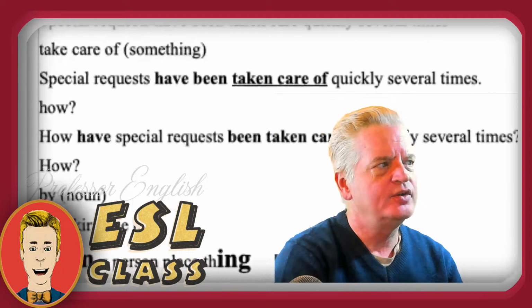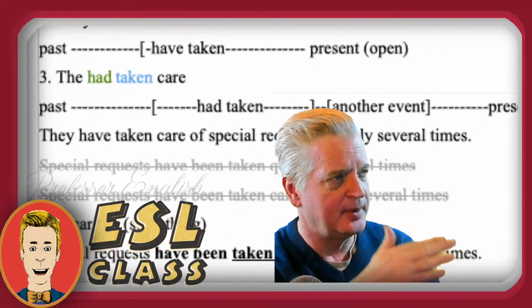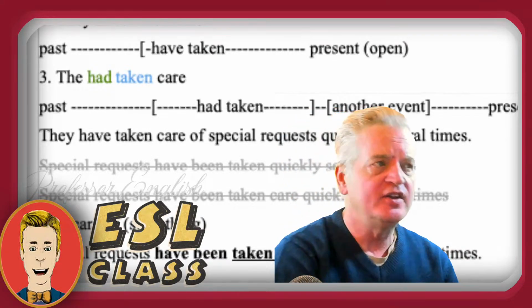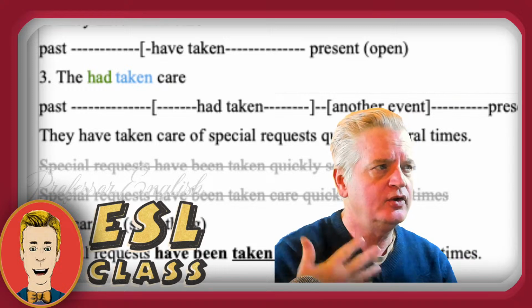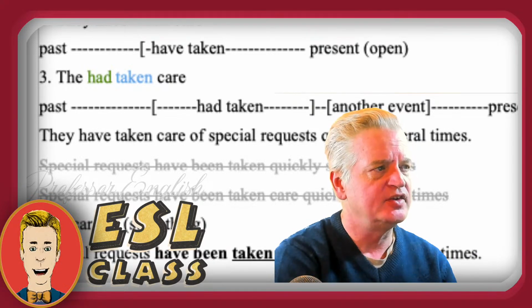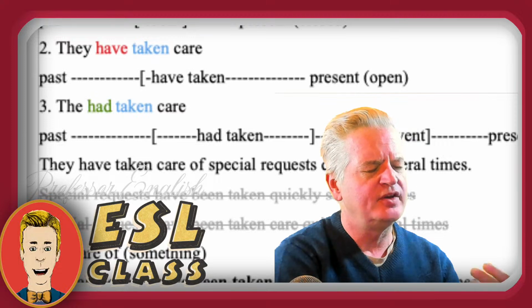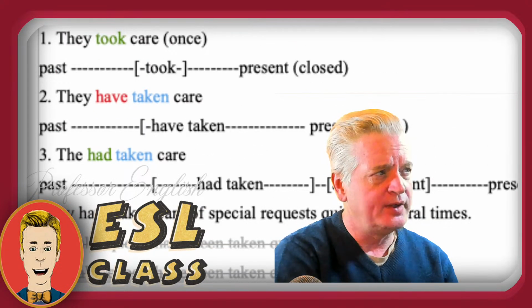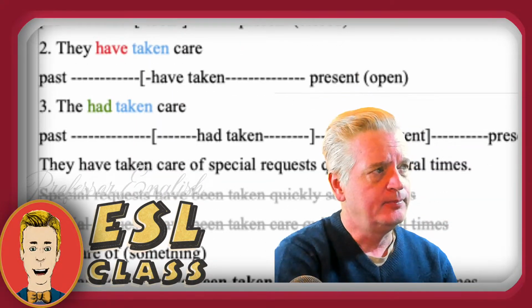So if you're going to use past perfect, it's probably because there's more information. There's probably another event after that in the past. It doesn't have to be long. It can be only 1 second. But usually there are 2 events. It's part of a story. So number 3 is closed, but it's part of a story. Something happened after it. And number 1, it's just a piece of information about the past.